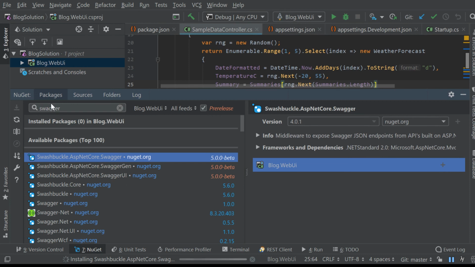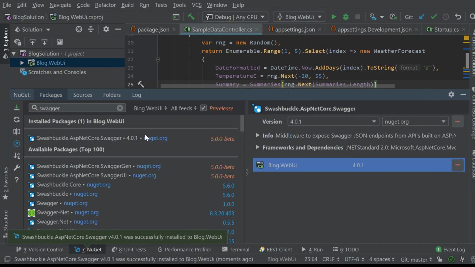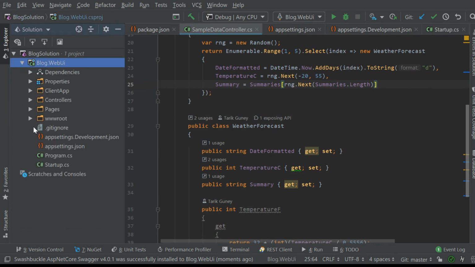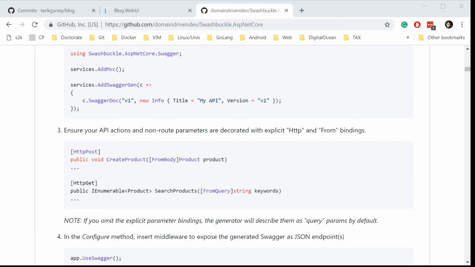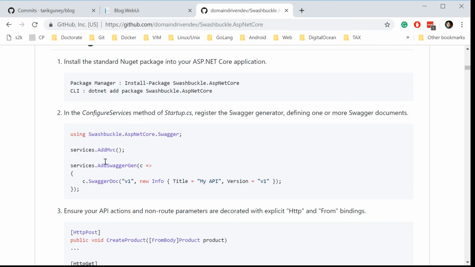And this NuGet manager plugin here on JetBrains Rider is a lot more stable than what Visual Studio has. I've had so many problems with Visual Studio's NuGet manager, and here on Rider it just works just fine. Okay, so we have those things. I'm going to be going back and forth between Google Chrome and JetBrains. So the first thing I want to do is, here in the configure services method, we need to